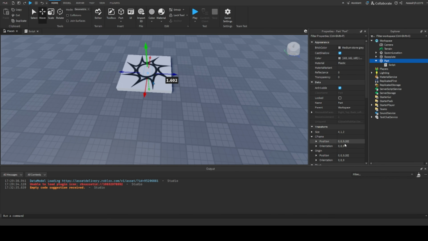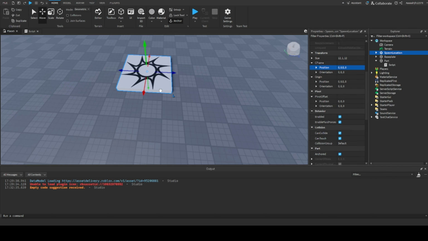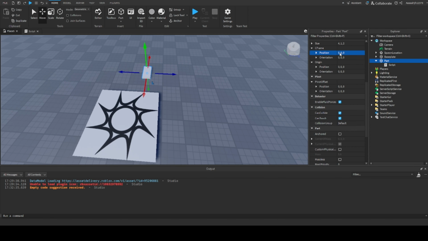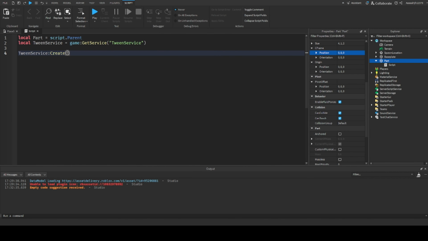And we want to change its position, okay? So first let's set it to 0, 0, 0. I'll also make this spawn location transparent so that you can see it, guys. Where's the property? Or I'll just move it down here, yeah. So at first it's starting at position 0, 0, 0. And what we want to do for basics is just tween its position from 0, 0, 0 to like up here. And I'll show you what it does. So part